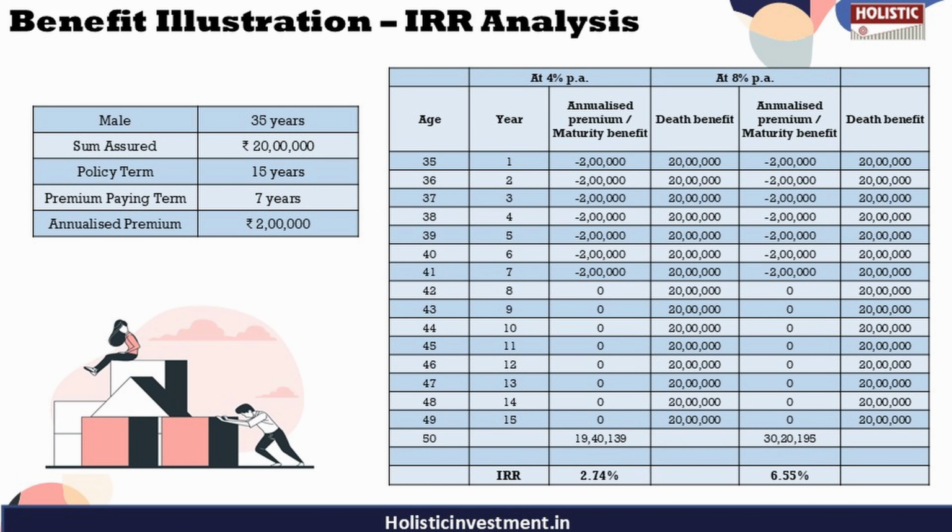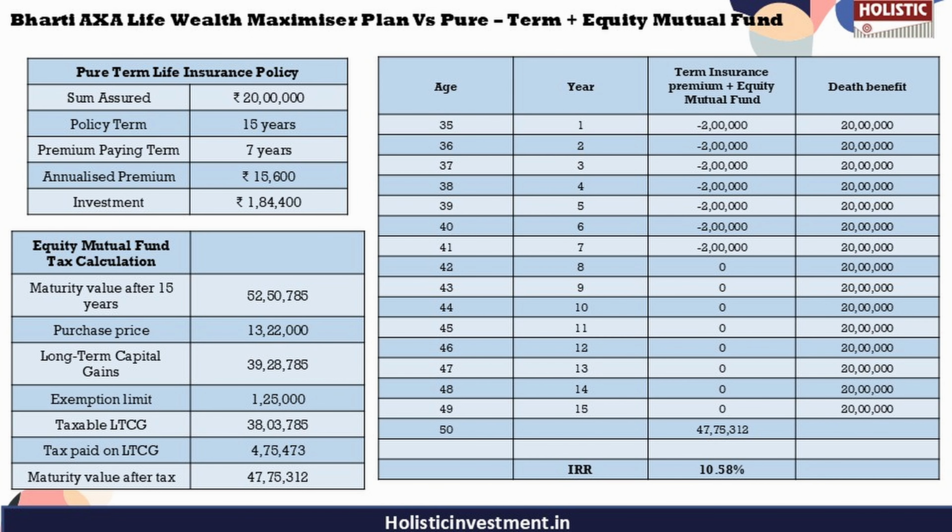So as we know now that this policy does not give us the desirable outcome that we need, let us move on to a comparative analysis where we are going to take an alternative approach. Instead of investing in insurance and investment combined like how they do in the Bharti policy, we are going to invest in it separately. But we are going to use the same or similar parameters from the earlier example for a much more fair comparison.